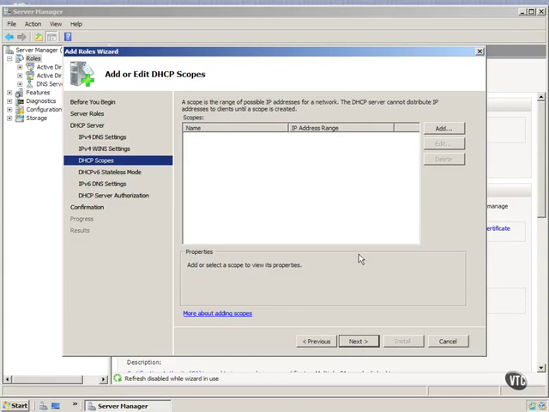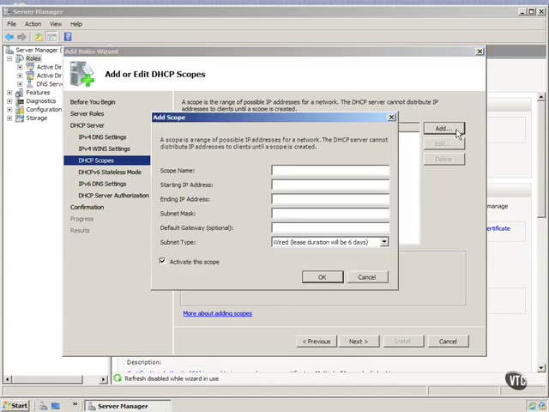And now the DHCP scopes. If I click Add here, I can add a scope. And I will call this first one, I'll just call it Standard. And actually I could call this, if my scopes are mapped to floors of buildings, anything like that. As a matter of fact, let's do that. Let's call it 18th floor, okay? And we're going to give out